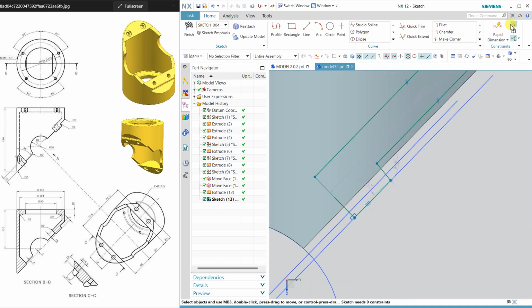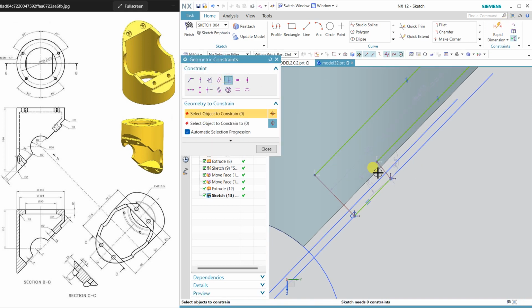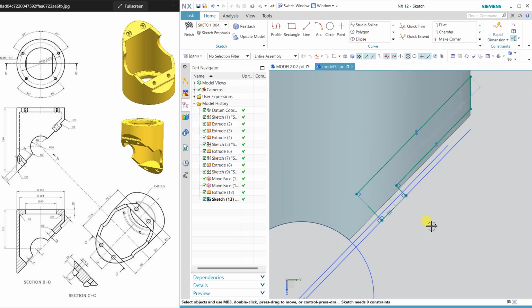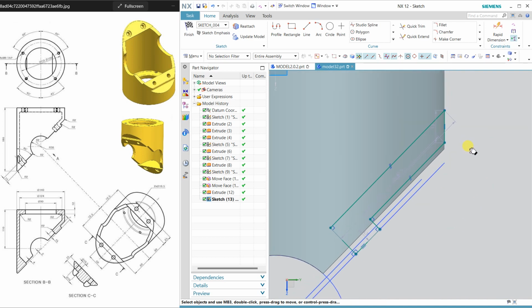Now I'm using some geometrical constraint like this perpendicular, so all angle will come properly, and finish.